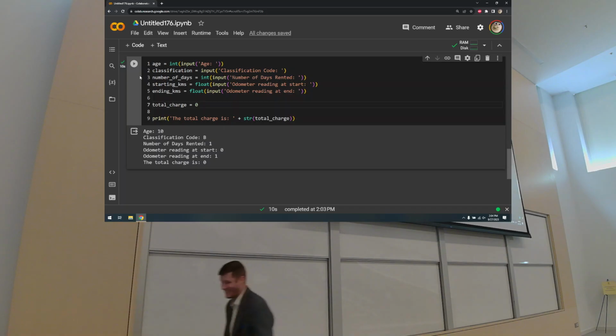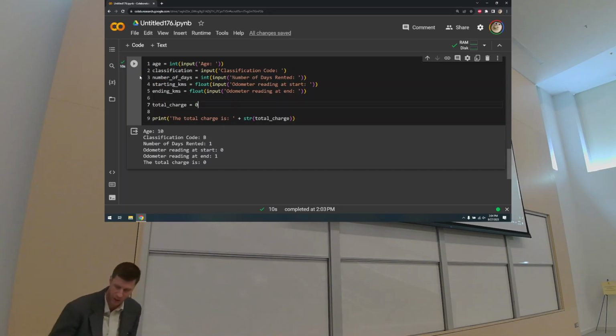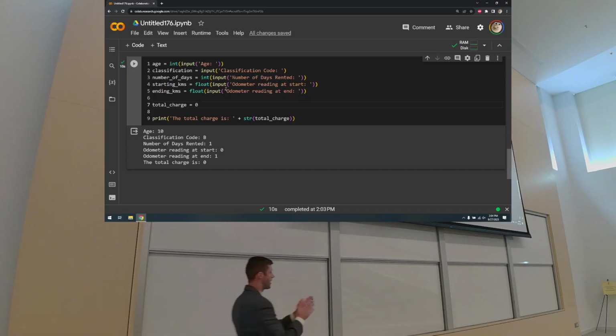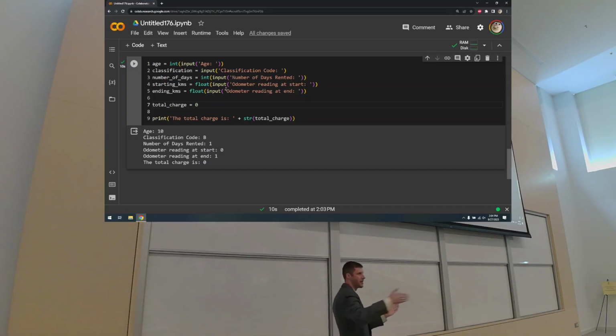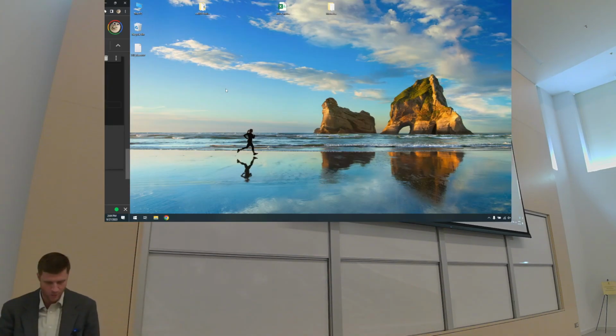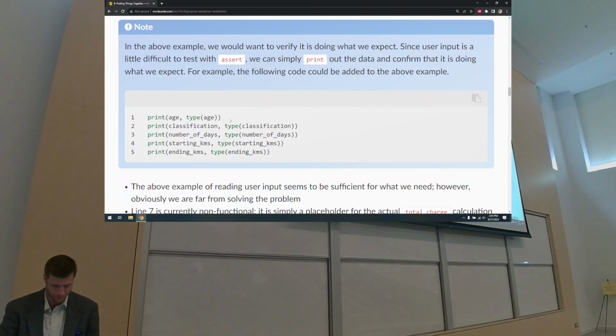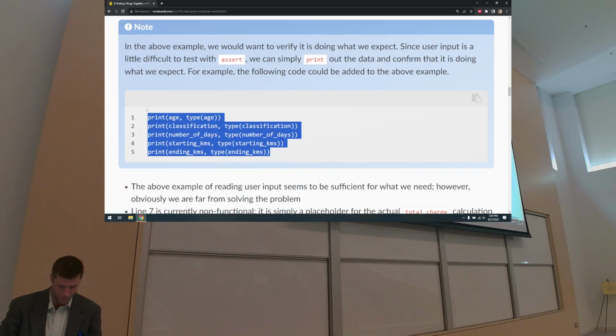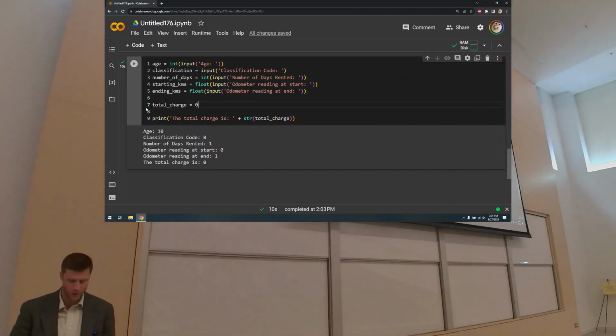Writing tests for input and output like this is very difficult to do. It's because they're called side effects. The program's operation actually has to interact with the outside world. It's got some side effects. Those types of things are difficult to test. So the easy way to do it is just print, like what I have here. Unfortunately, we can't really do it with assert. We could assert the types of the things that you get, I guess, but